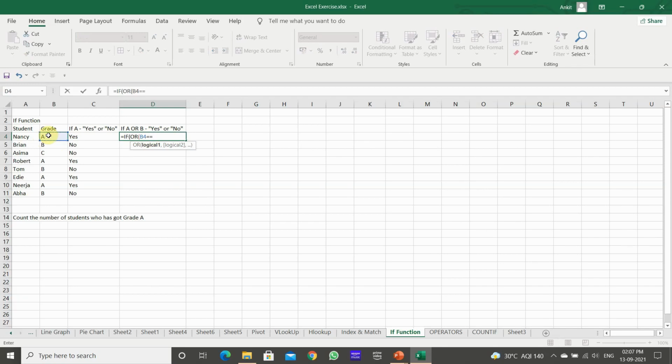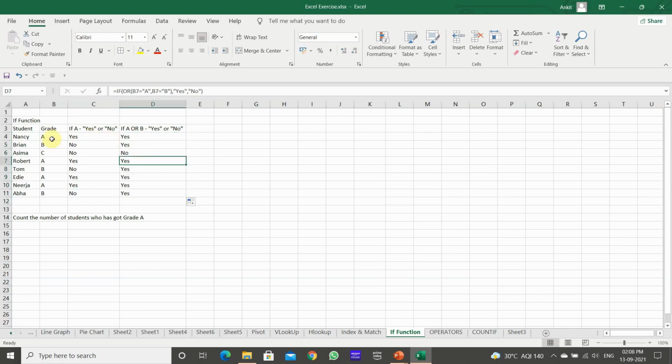B4 is equal to A grade, and B4 is equal to B grade, and close it. If value is true, put yes. If value is false, put no. Close bracket, enter. Okay, and autofill it. See there, here the A grade is yes, B is yes, and C is no. Okay, you understood? We can also use the AND condition as well,